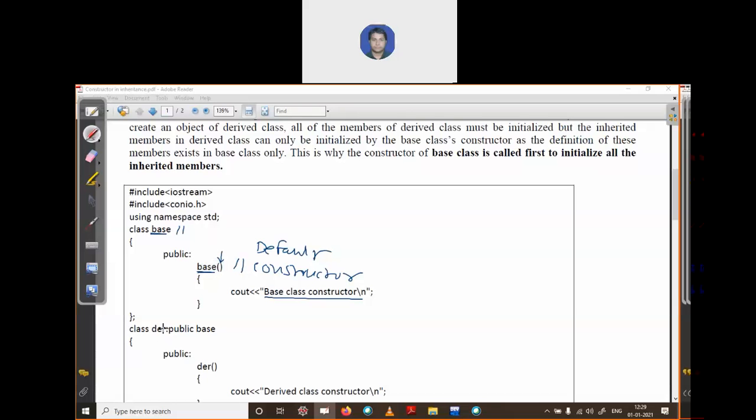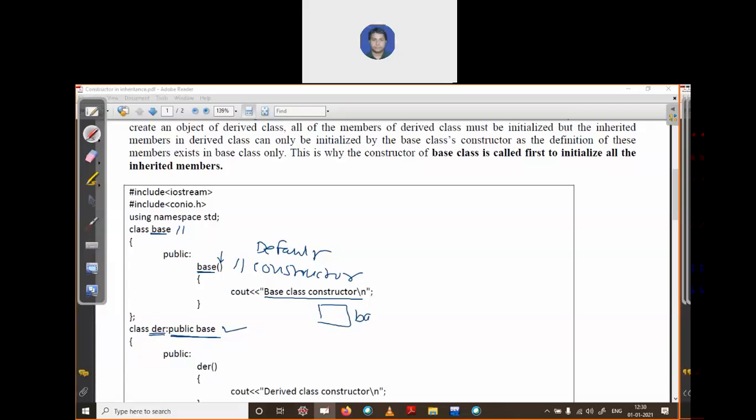Again I create a new class, der, which you can consider a derived class. Here I write public base. What is the meaning of this? It shows that this derived class is derived from the base class.